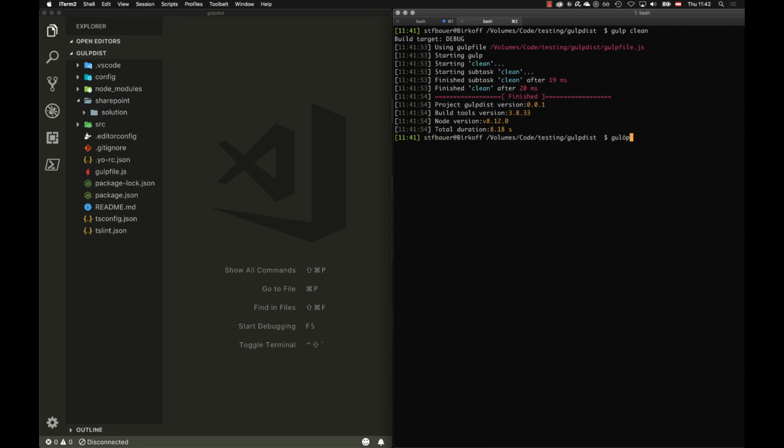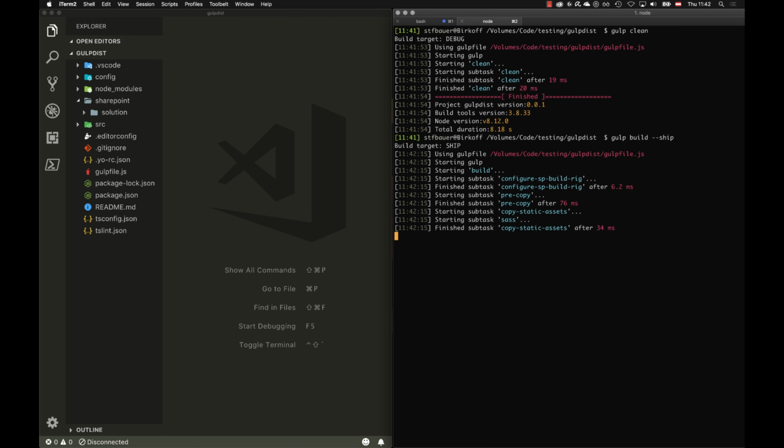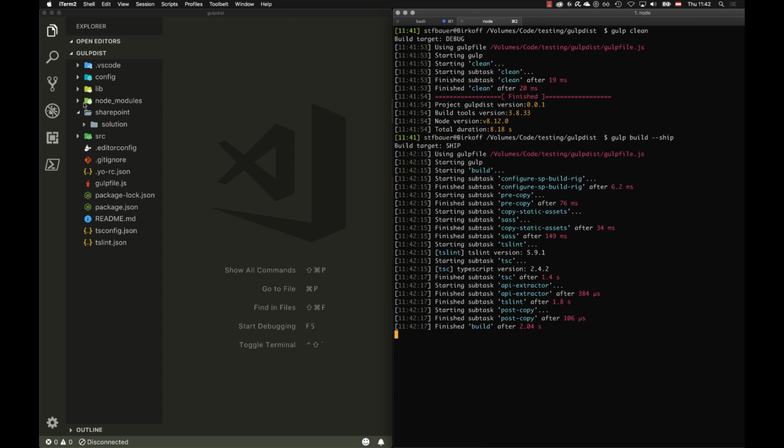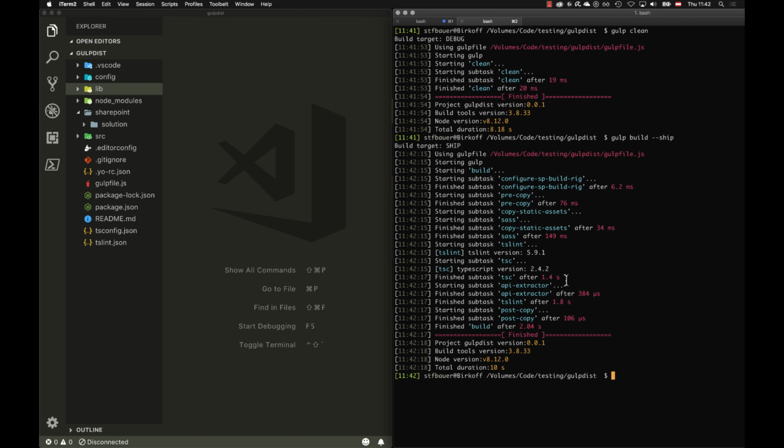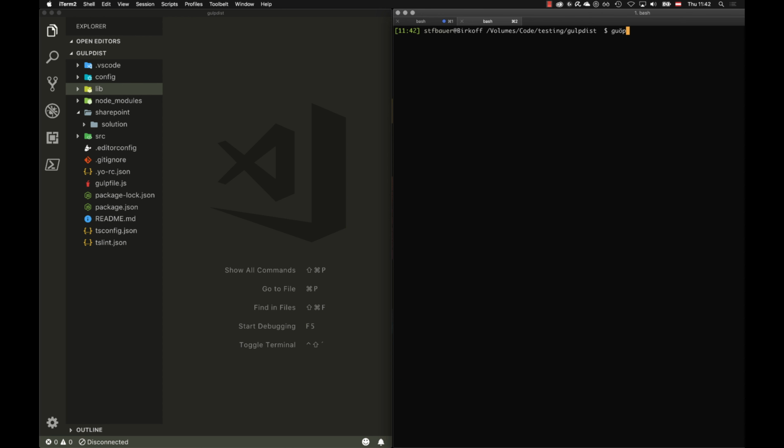Now I can do gulp build --ship. Then it builds the web part once again. A really clean, fresh build, which takes some time. And what you see on the left side is that you get the lib directory here, and now the build has finished. So the next step is to run gulp